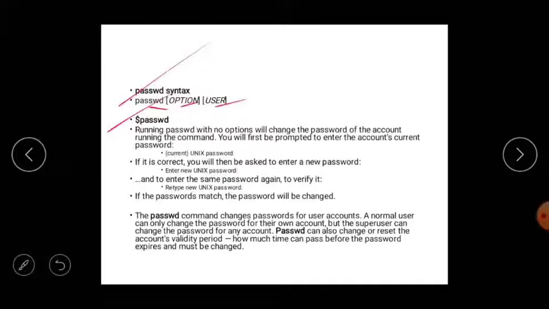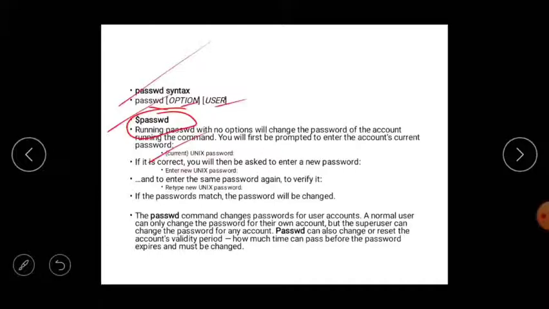Means whichever account it is, that account's password will be changed if you are using only passwd. It means the same steps we follow on our mobile when changing the password. First we enter the current password.